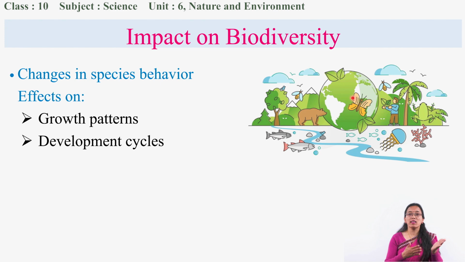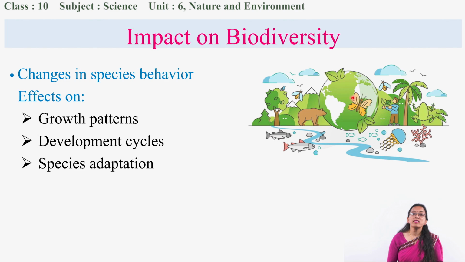So if there is climate change, untimely weather change, or the pattern of the weather is changing, then living organisms which were seen a decade ago may not be seen in this decade. This occurs due to the change in the growth pattern and the effect on the developmental cycle of these organisms,